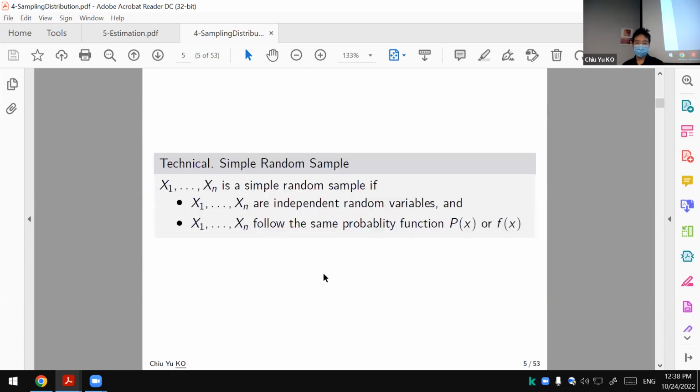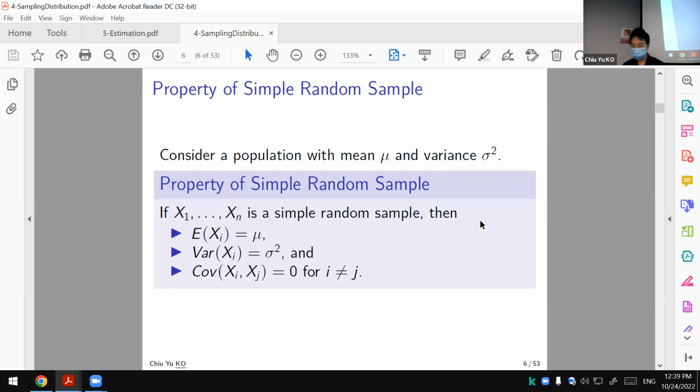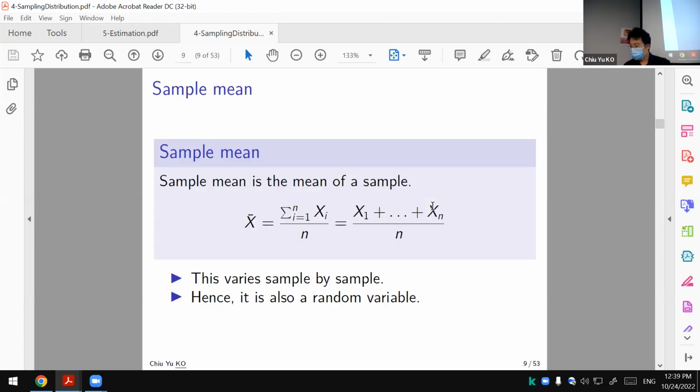And technically, it means this: if they're a simple random sample, the random variables are independent, and they follow the same probability function, the same F or the same P. It means the mean and the variance are the same, and the covariance is 0. And in our class, the main focus is on the sample mean, although we will sometimes touch on the sample variance. And because the sample mean, as you will see later, is a good way